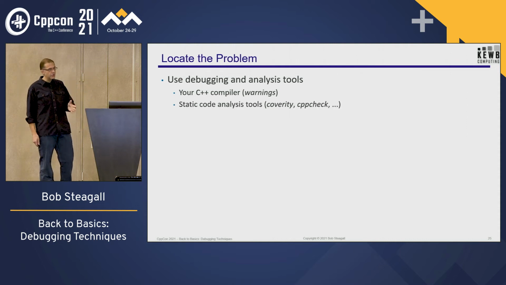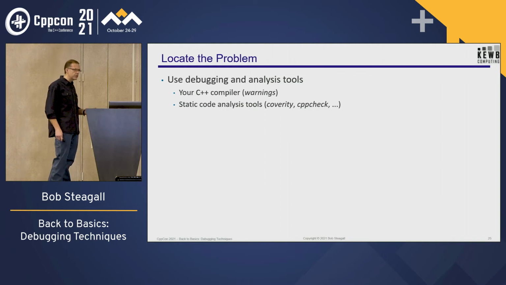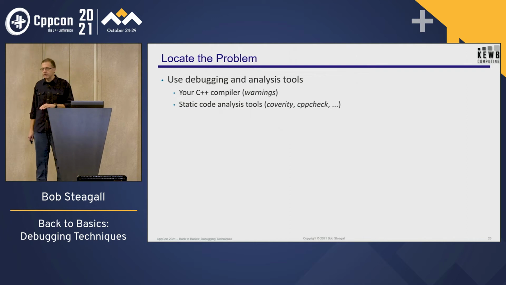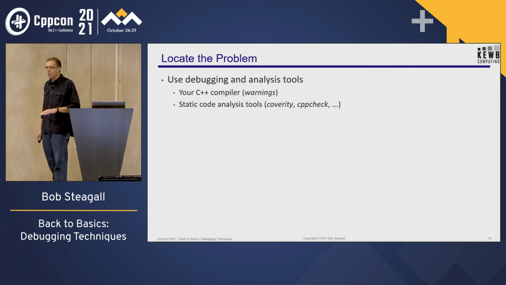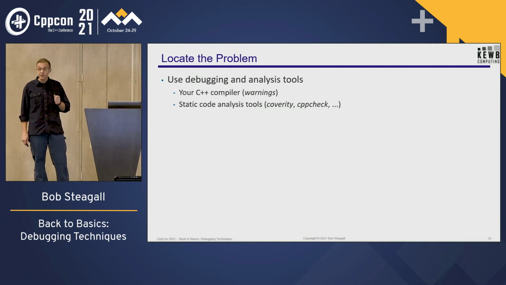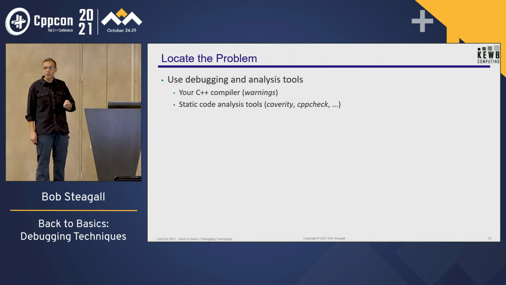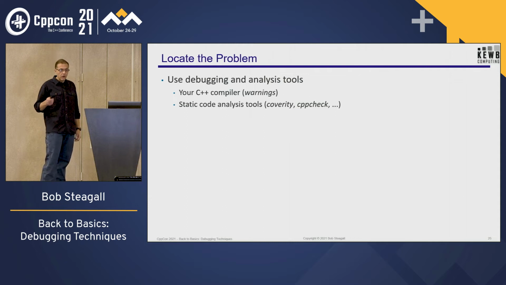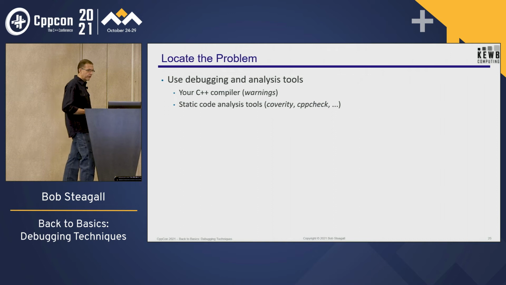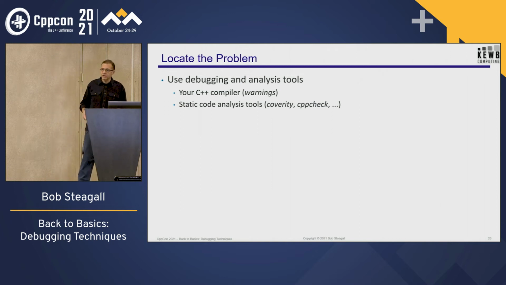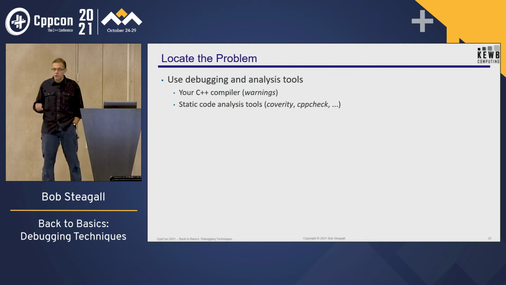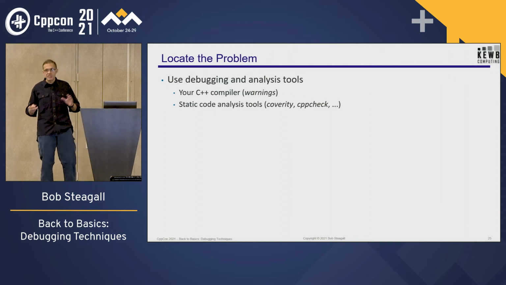So use your compiler. Your compiler is incredibly useful. It knows much more about your code than you do. And it will tell you about bad things in the form of warnings. Read the warnings, pay attention to them, listen to them. They're usually indicative there's a problem here, right? Along the same lines, you have static code analysis tools like Cppcheck or Coverity, which can provide even more extensive warnings and even suggestions that can help you track down problems in a static sense, right?